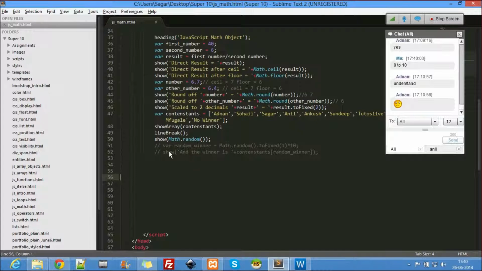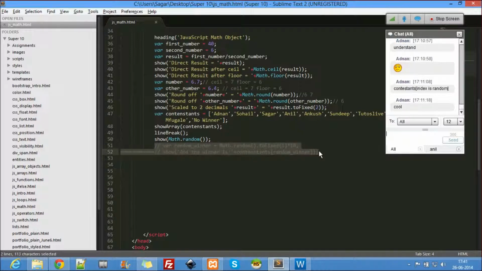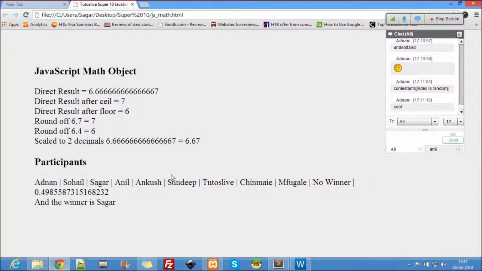Okay, that's all important. And why am I picking the contestant winner? Because I want random. Yes, the index is random. This index is random. So every time I have to pick a new winner, right? How do I pick a new winner every time? I pick a new winner based upon the random number it generates. I mean, if you go to casinos, or if you want to develop.